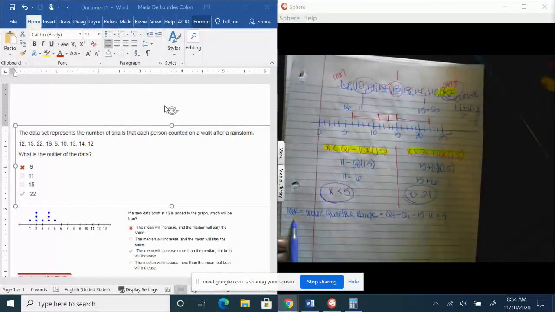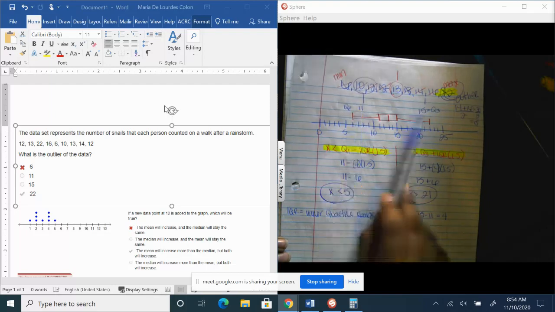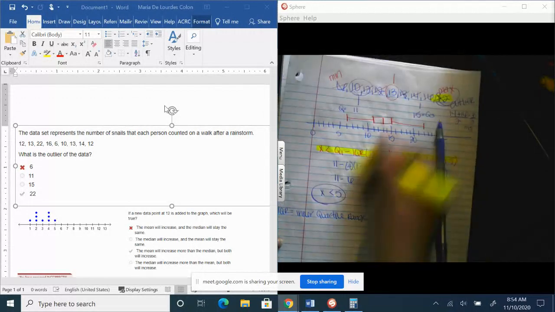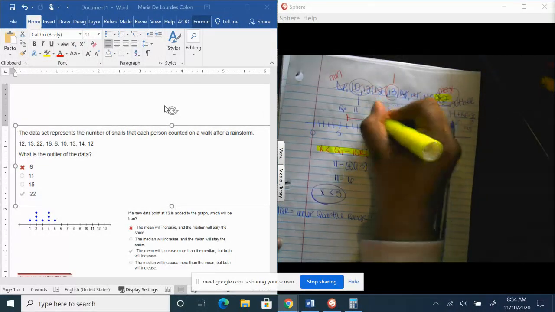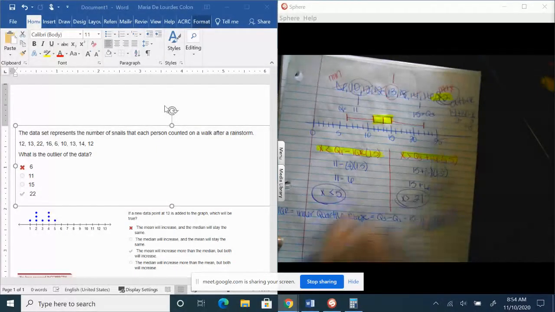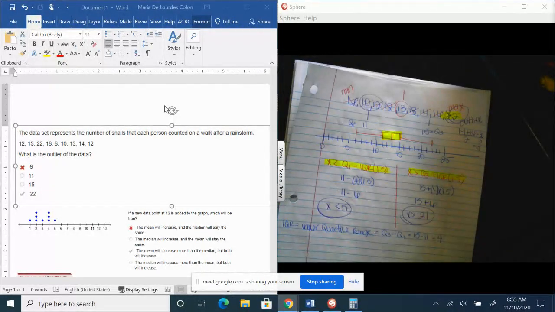And remember also, if you don't have this in your notes, the IQR stands for the interquartile range. So we're looking at the range from Q1 to Q3. If we look at the box plot specifically for the IQR, this is the range that we're looking at in the highlight. So from 11 to 15, which would be 4. So that's how we get this 4. Hopefully that reviews everything, because you guys do have a test coming up if you haven't taken it yet